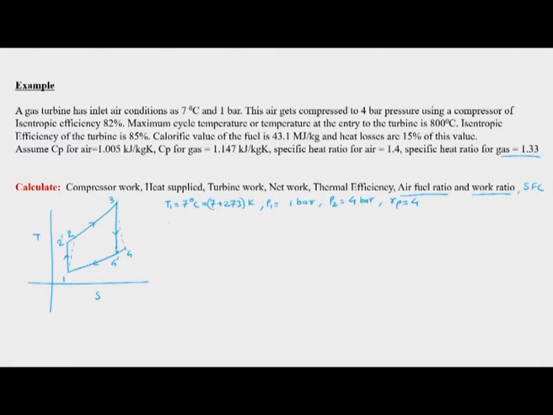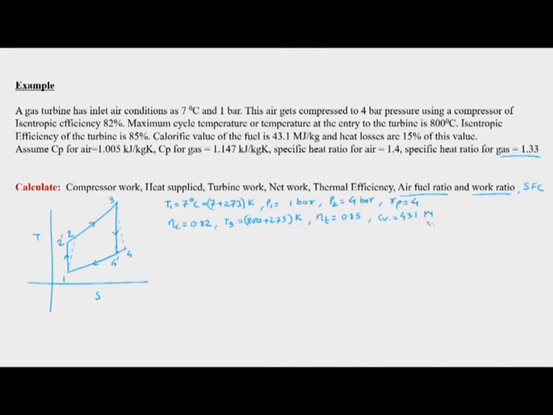We are told that the isentropic efficiency of the compressor is 0.82. We have been given that T3 is equal to 800 plus 273 Kelvin, and the turbine isentropic efficiency is 0.85. We have calorific value of fuel as 43.1